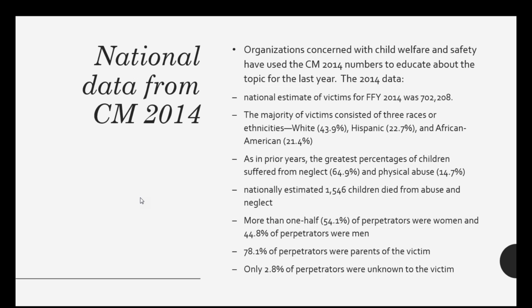More than half of the perpetrators of any abuse or neglect are women, and not quite half are men. 78% of the perpetrators are parents. And when you think about neglect being the highest percentage of reports, that makes sense. And only 2.8% of perpetrators were unknown to their victim in the 2014 report, which is important for us to understand